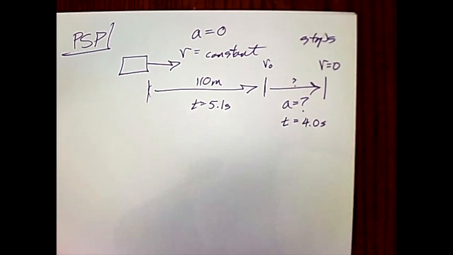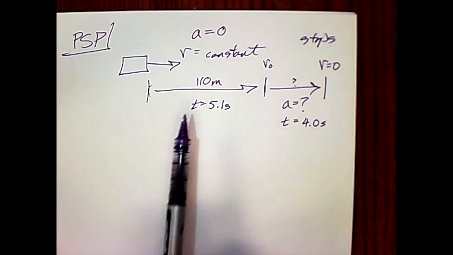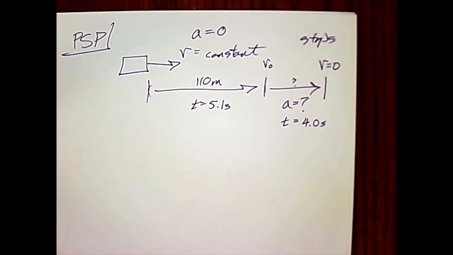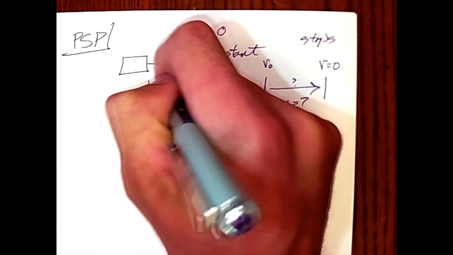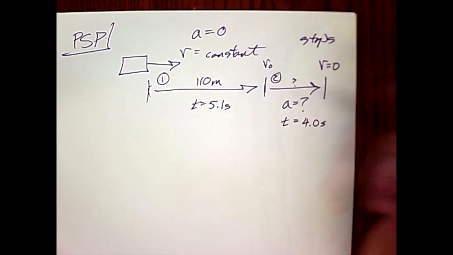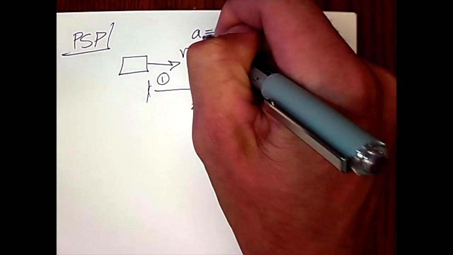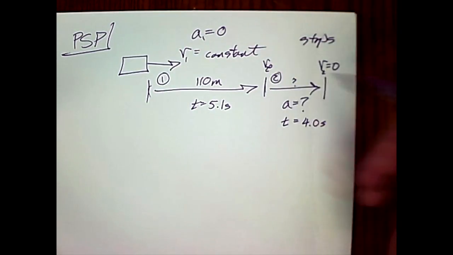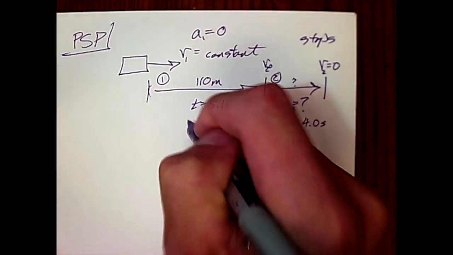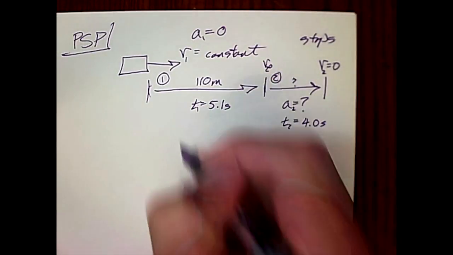So part of the issue is that when I start looking at these, I've already got too many A's and V's and things going around the page, right? And so what I like to do is organize them. So I would say that this is picture 1, right? This is scenario 1, and this is scenario 2, which means that this is now A1, V1, V2 naught, V2 final, A2, time 2, T1, and D1,